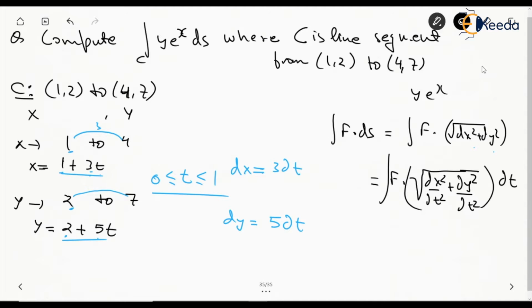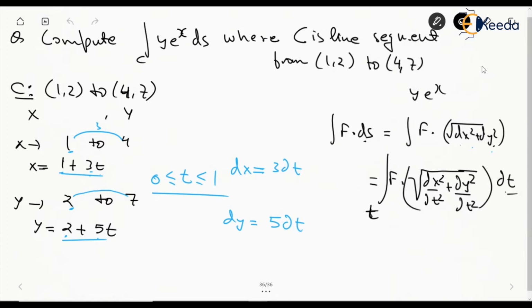So we'll integrate it for the limits of t, right? What we are doing is, instead of f ds we are writing it in terms of the square root of dx square plus dy square, then we are putting x and y in terms of t, so that we can integrate this entire function in terms of a single variable t, right? So in that case what we will get is,